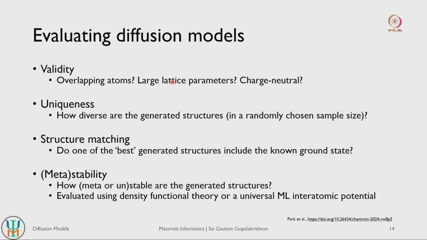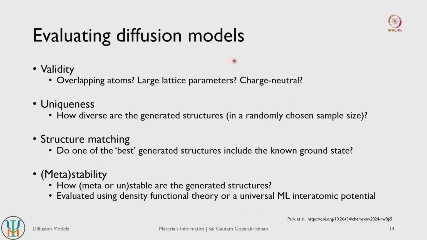And typically diffusion models should always try to predict as simple a structure as possible. See, the point is you can always have a very complicated, very large structure with very large lattice parameters, and that is usually not the most optimal solution. So for any given property you would like to have simpler materials or simpler representations of materials rather than a very large representation. So this is something that one can keep in mind when one uses diffusion models to generate structures.